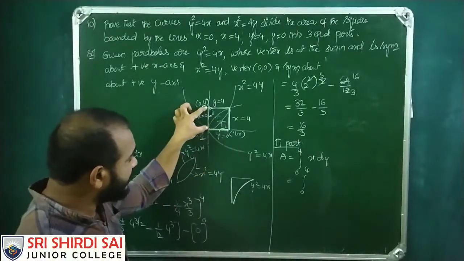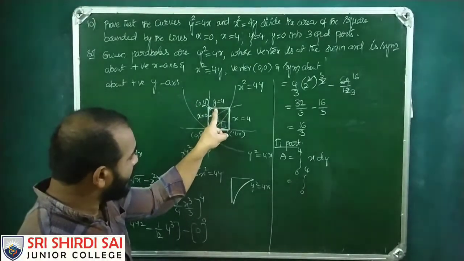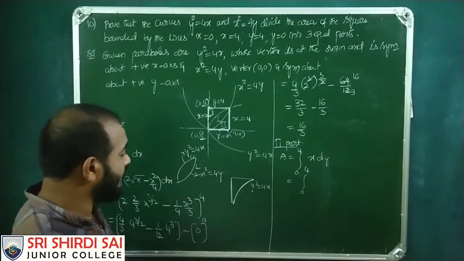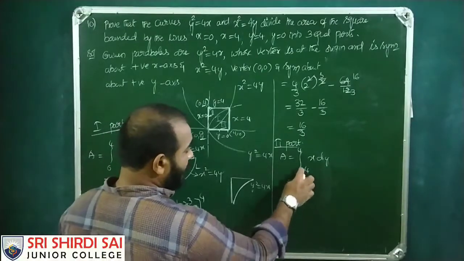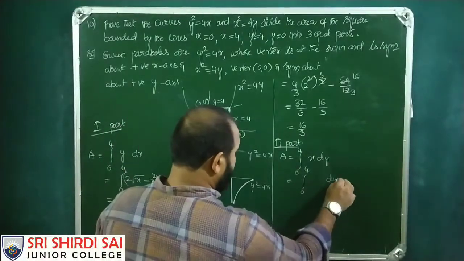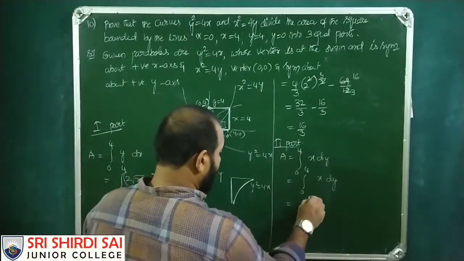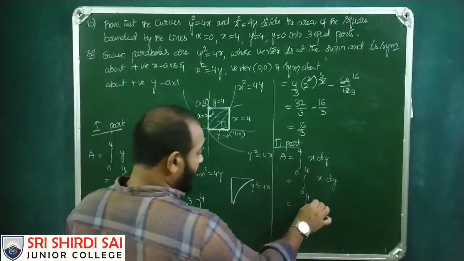As far as the y axis is concerned, it is rightmost curve minus leftmost curve. This is right and this is left. So this is y square equals to 4x. So these are the limits of y, dy. Dy means x dy. So 0 to 4 here, y square equals to 4x, x equals to y square by 4,